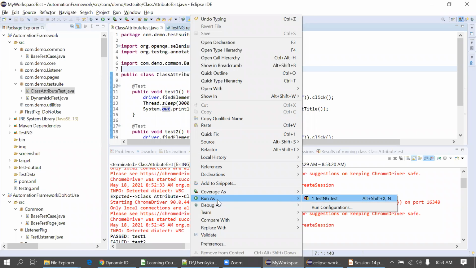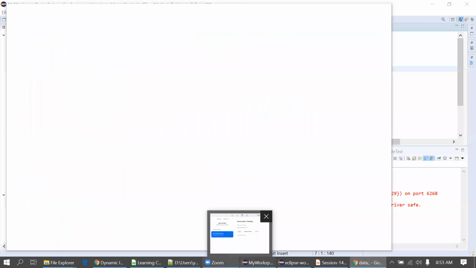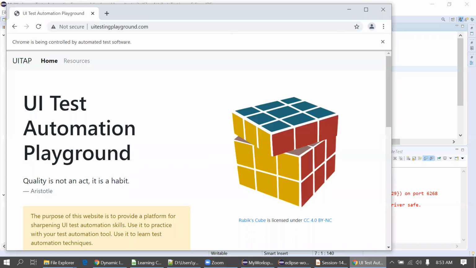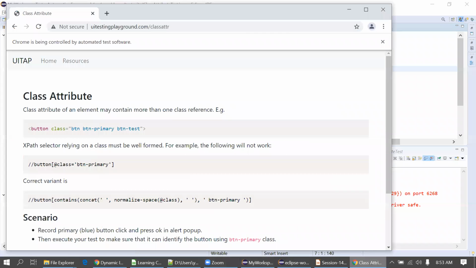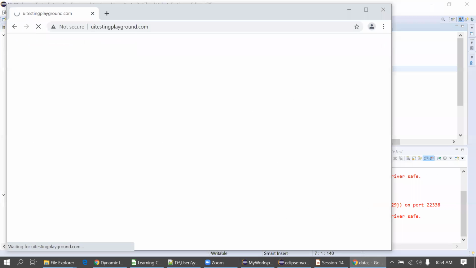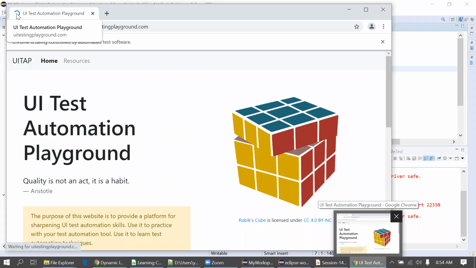Run as TestNG test. I think the website is taking more time to load. We can see here it's still loading. So that's why it's taking more time to execute the test case.